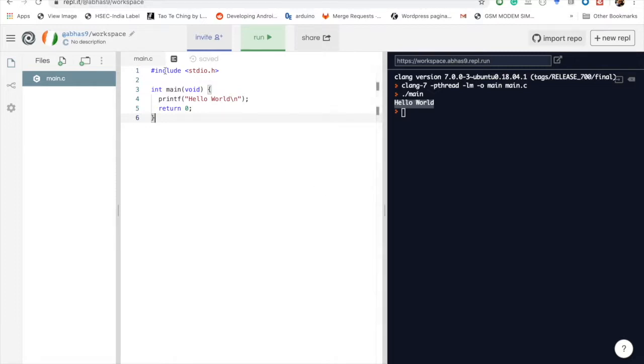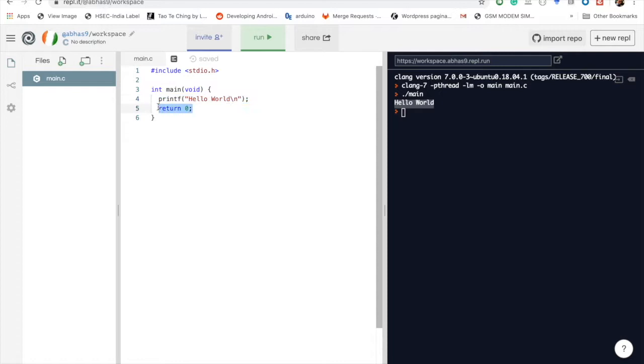As you can see, the first line of this code is hash include stdio.h. So basically we are trying to include certain standard libraries which are required to make this program work. That is what you need to understand as of now. This line number 3 tells the compiler that the main code to be executed reside within this block. This line number 4 has a printf statement which instructs the compiler to display certain characters on the screen. That's why when you run this program, you see hello world in the output.